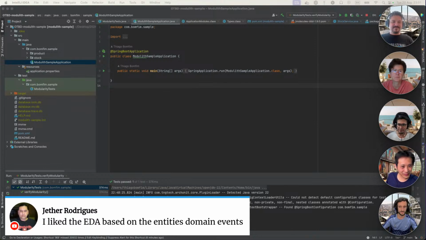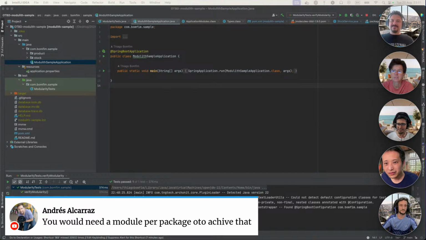Jeter told here he liked the EDA and the diagrams, right, based on the entities and domain events. That's cool. Yeah, so let's see if we have more questions. This one is good because I don't know if you wanna discuss a little bit